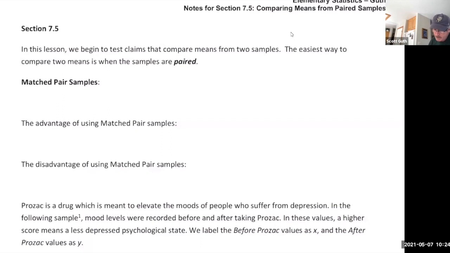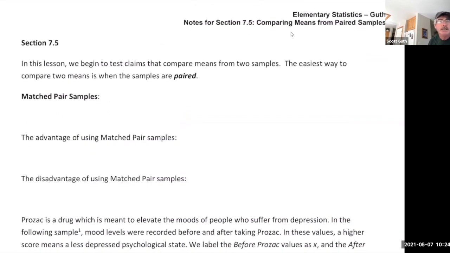Okay, so we're going to start section 7.5 now. And this is the first time when we're actually going to do a hypothesis test that allows us to compare two groups. Normally the groups are the same people, which has its drawbacks, but it also has some real cool benefits. If the individuals are the same in each group, then that eliminates a lot of possible confounding issues. If you test a group before you give them a treatment, then you give the treatment, and then after whatever time you test them again,